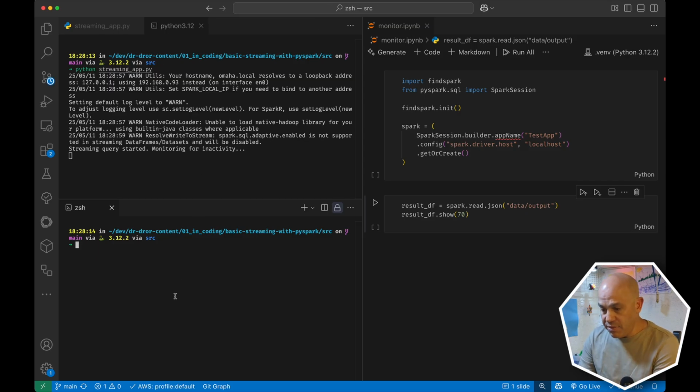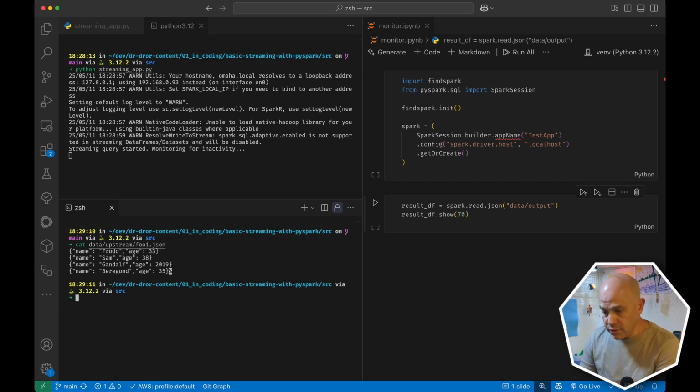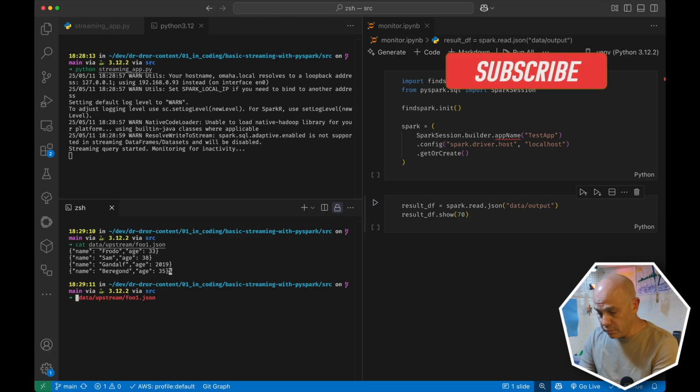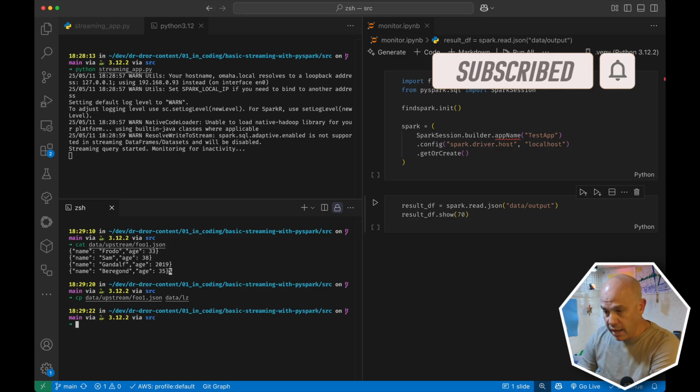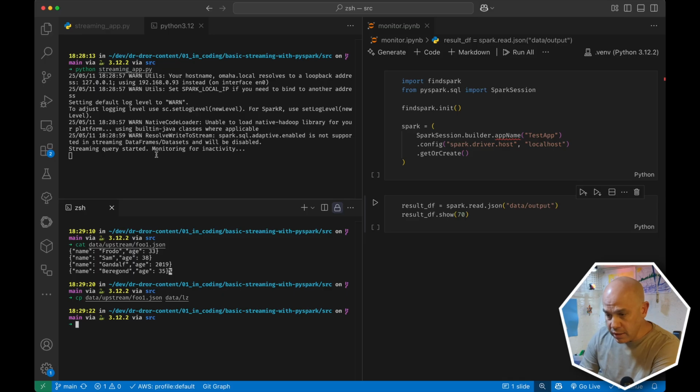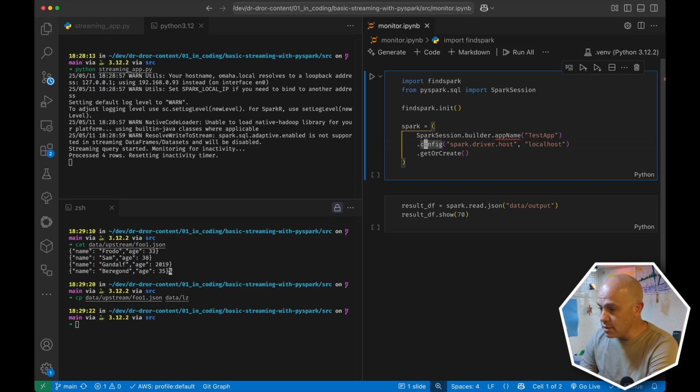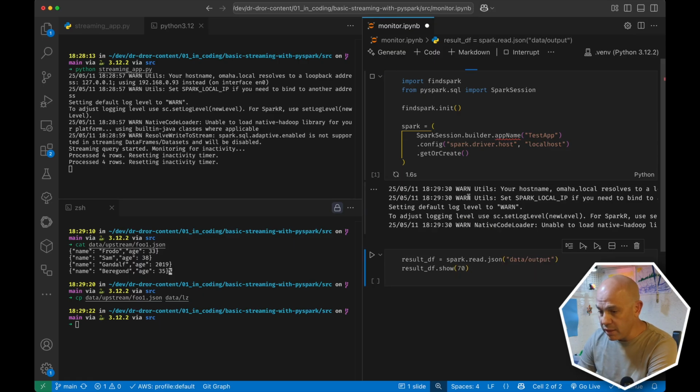cluster, and then what we're gonna do, I prepared for us in the upstream one of the files, for example this one. Let's stream it into our landing zone. So this will be the data landing zone, and see here now in a second it processed 4 rows. So now we can start our monitoring application